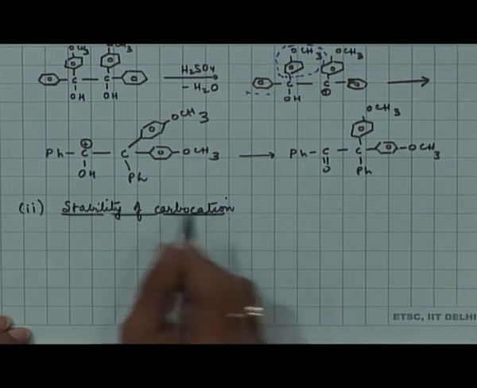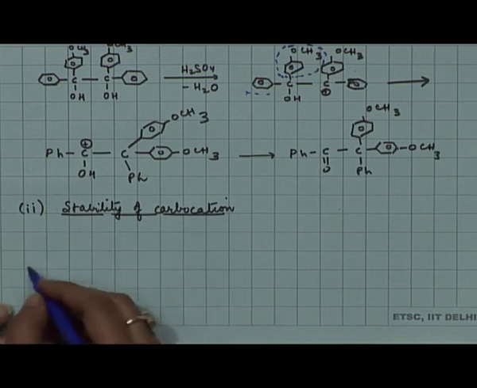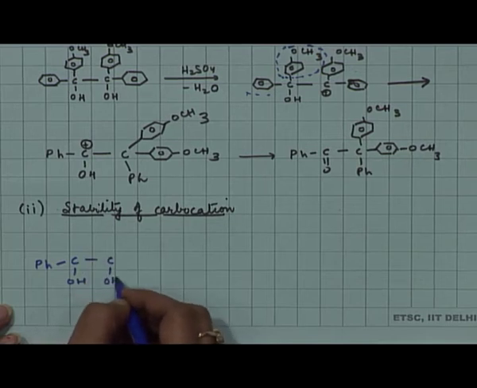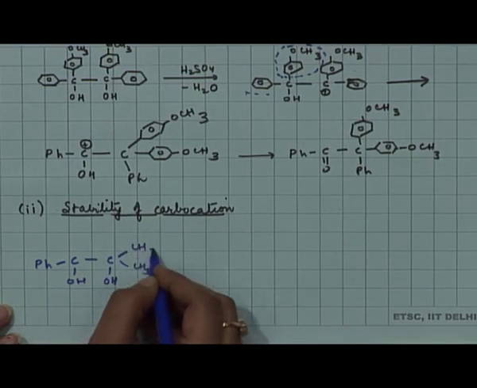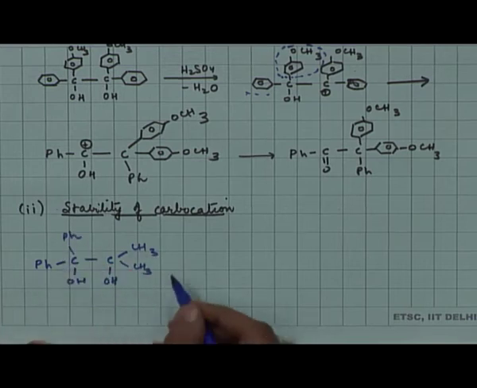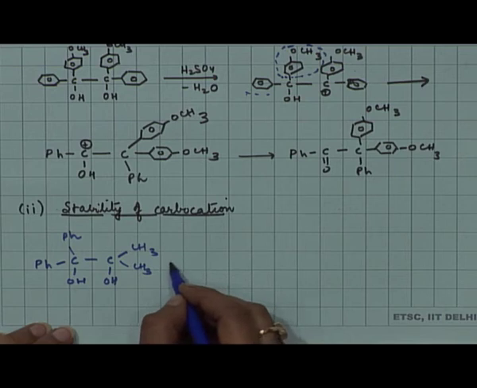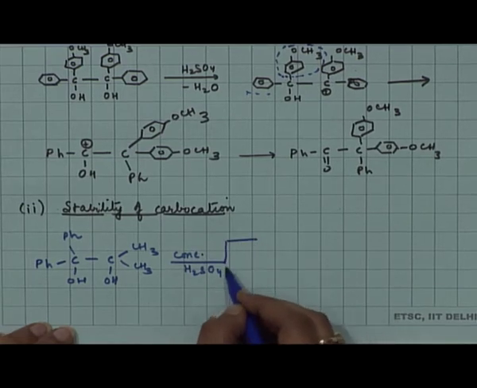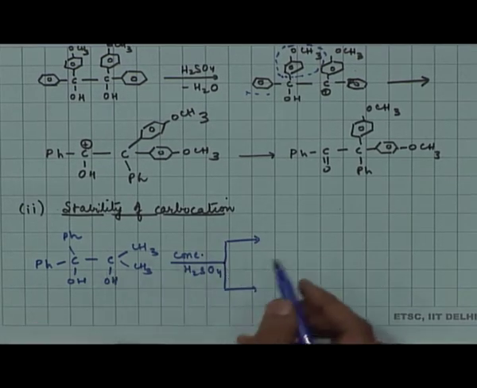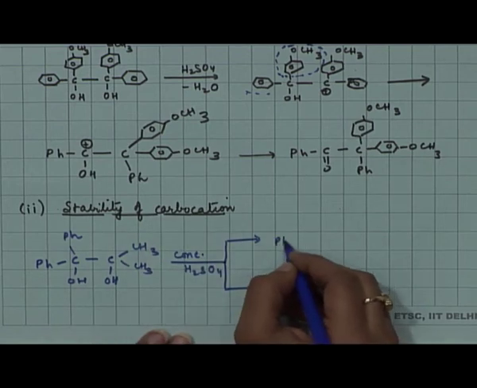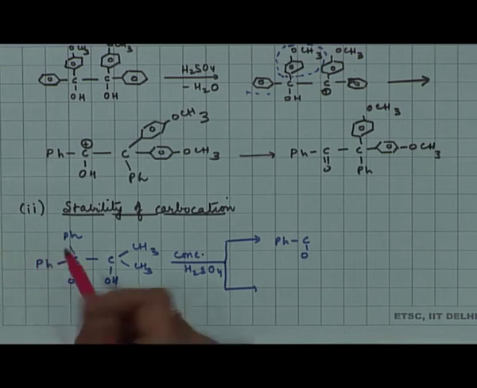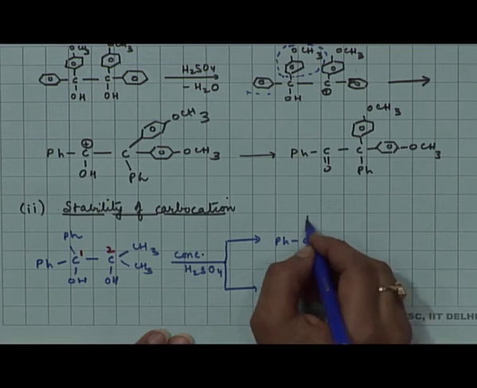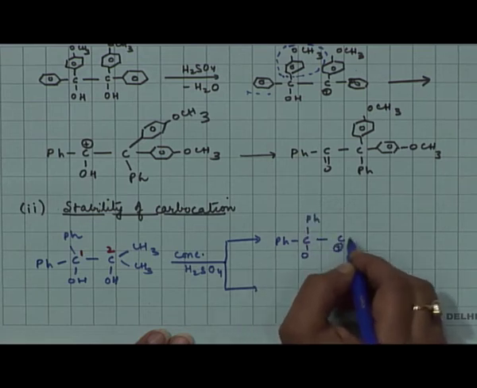So, we are talking about the intermediate carbocation and its stability. So, let us look here. You have this Pinacol, okay, and in the first step you treat with H2SO4 and you are generating a carbocation. So, now between these two tertiary carbons there are two possibilities of generating the carbocation. One could be, if I number the carbons as 1 and 2, either on carbon 1 or carbon 2. If it happens on carbon 2, this is what you get,